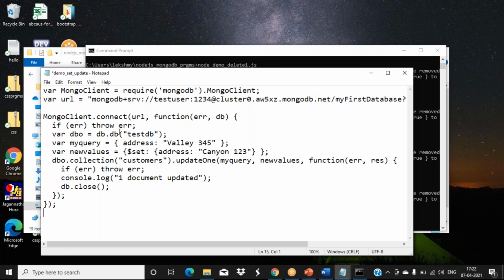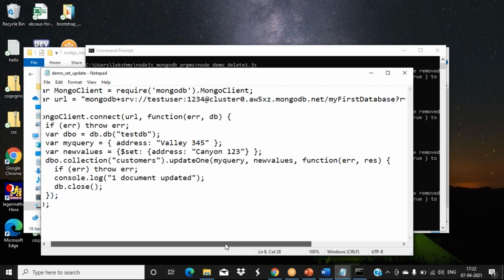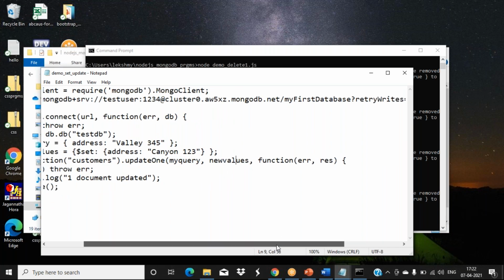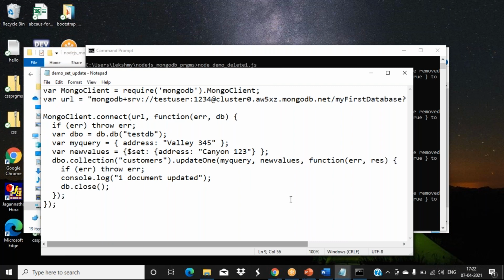It is the same thing which we have seen. Like this, we have to set with the values. The address value we are changing with a particular one. So while giving, first give the query, then the new values you want to change, into your update one function, and it will update it. Okay, so clear about updation.